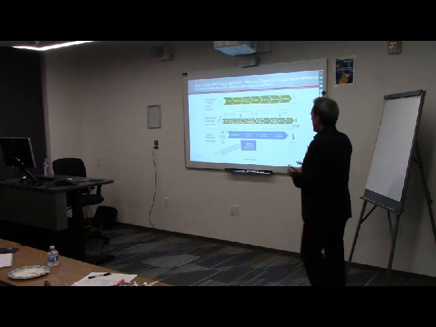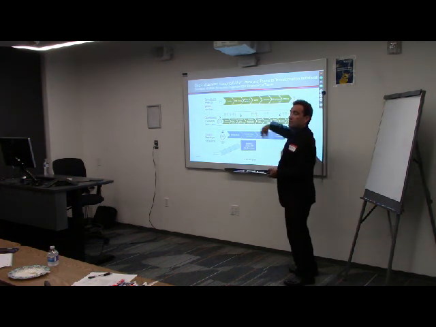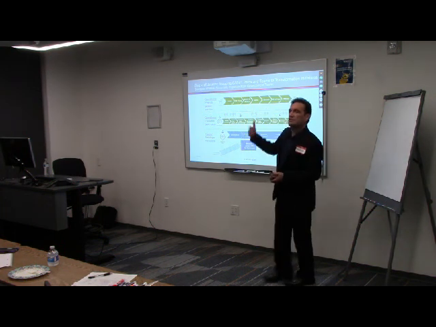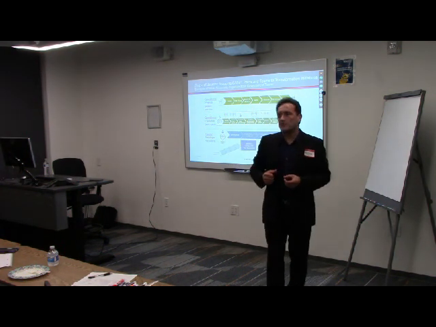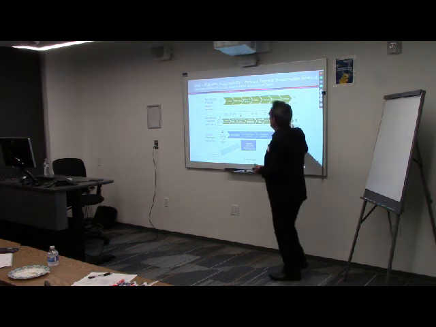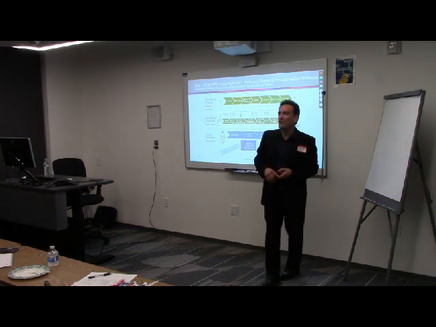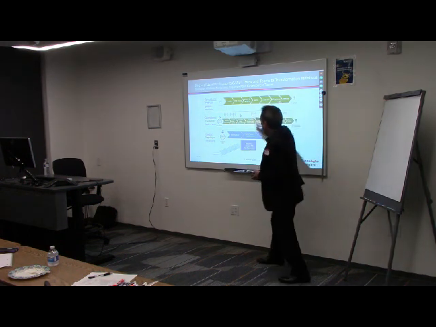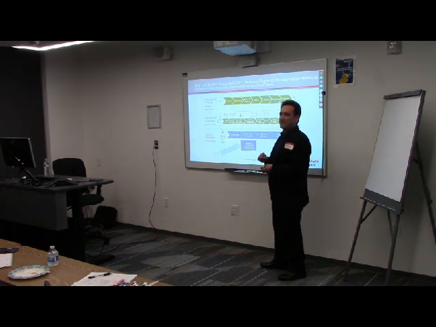Okay? So if you have a bank, you may have a commercial bank, you may have a retail bank, you may have a mortgage bank, so on and so forth. Each one is going to have its own value streams. If you're doing something for the client or for your organization, you want to make sure you understand which part you are focused on. And each one of these value streams is going to have probably multiple systems that support it.